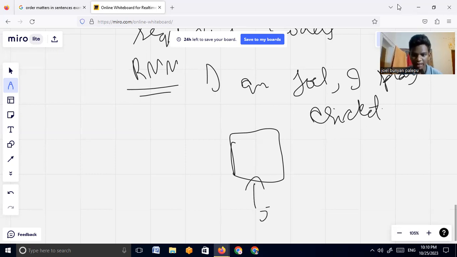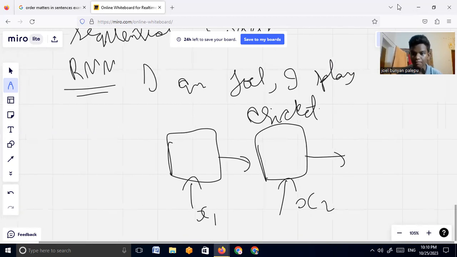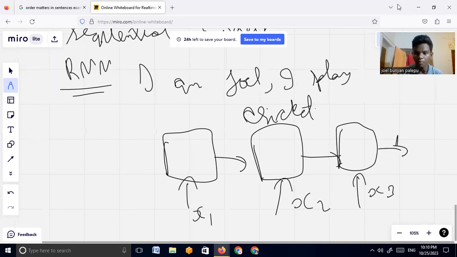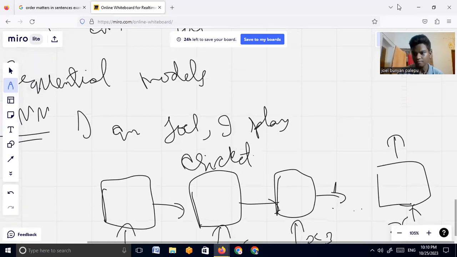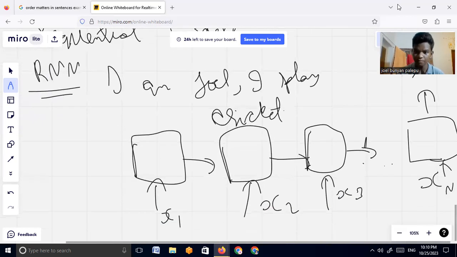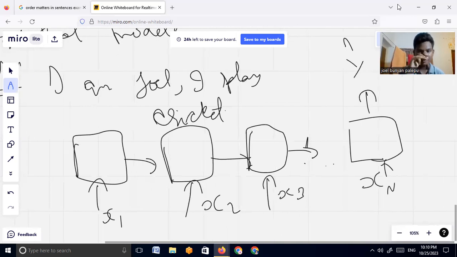So this will be x1, x2, something that belongs to time, x3, and so on up to the last input xn. And this will be the final word, which should be cricket, the y hat. So in this task of predicting the next word from the previous words, let's say I delete the word cricket from the sentence. So I will pass in